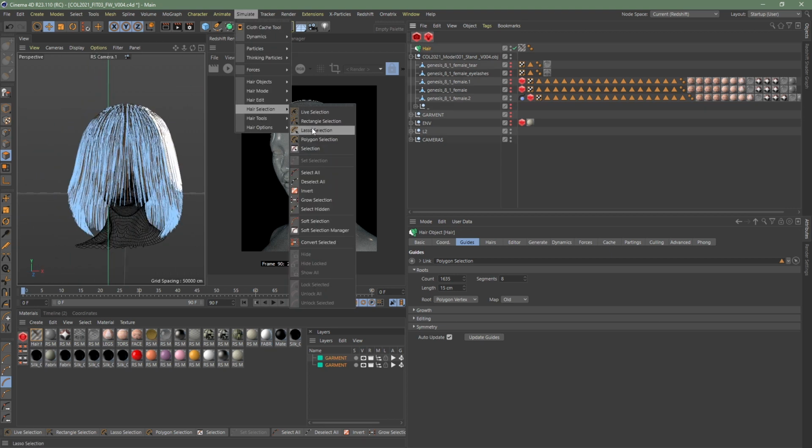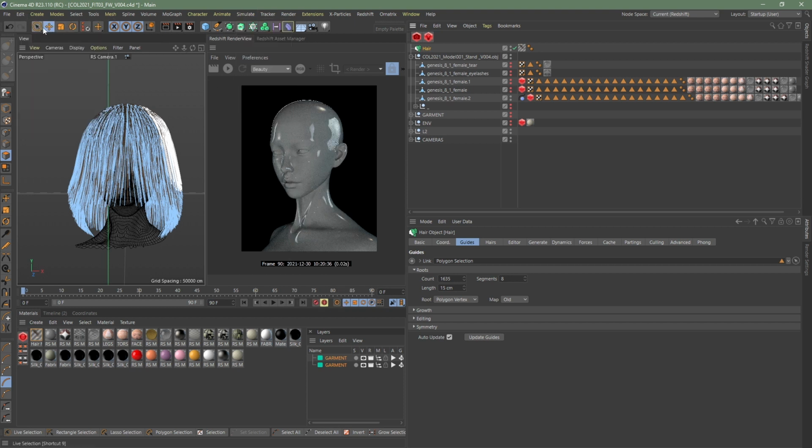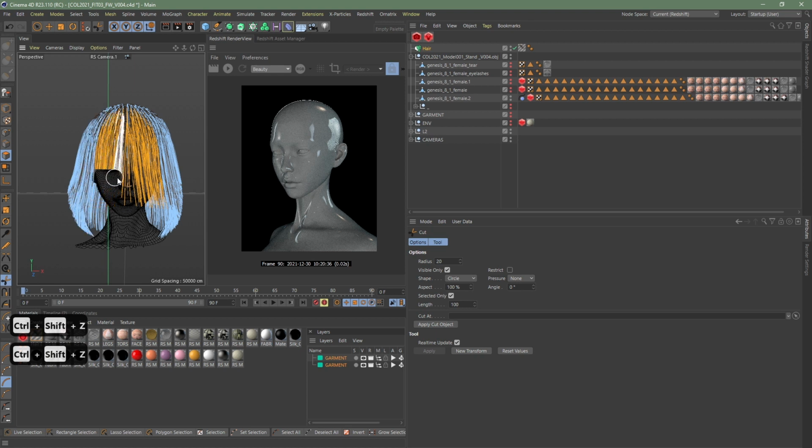And gives you all these different selection tools, which are separate from the ones up here. So these ones that we've been using for object. And then you can see if I just start to cut straight across by clicking and dragging, we can start to give our character